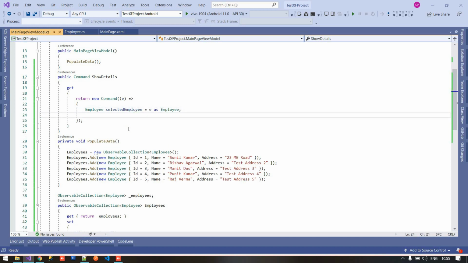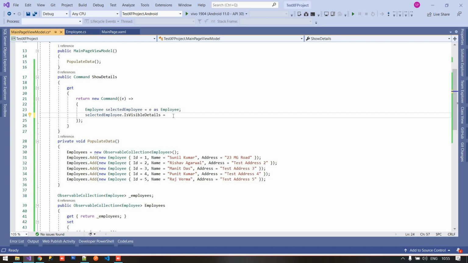I'm giving a variable name as employee. Second thing, whenever we get the selected employee item, we check one thing: selectedEmployee dot IsVisibleDetails. We already know that by default a boolean property has a value of false. So we are setting a toggle.